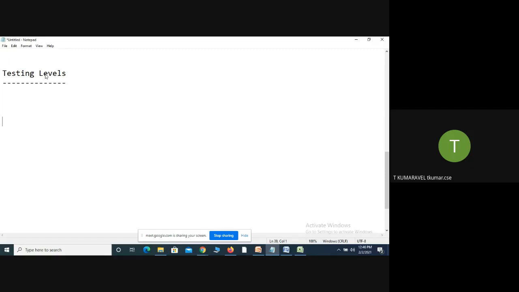The first one is called unit testing, the second one is integration testing, the third one is system testing, and the fourth one is acceptance testing.